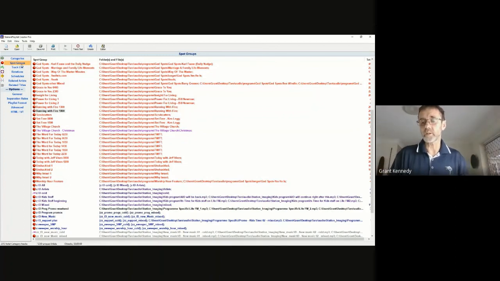How can we best categorize our music to enable us to get the sound of our radio station to the sound that we want it to be? Yeah. Is that good? Okay.